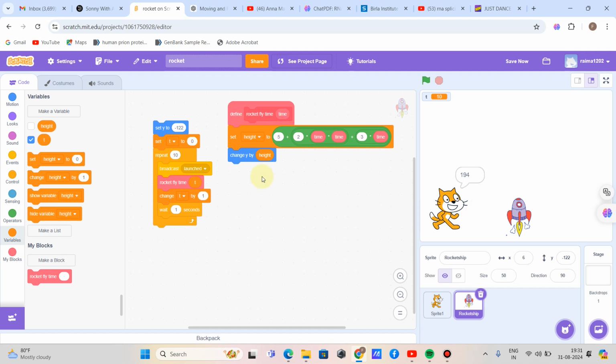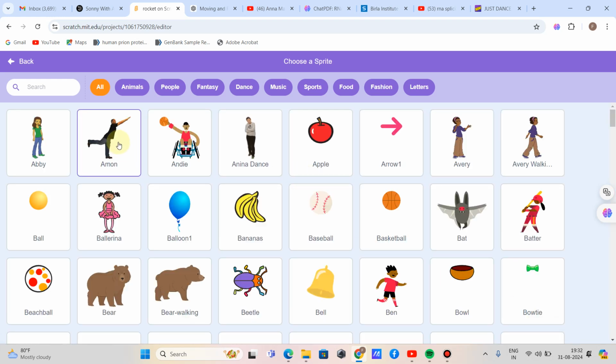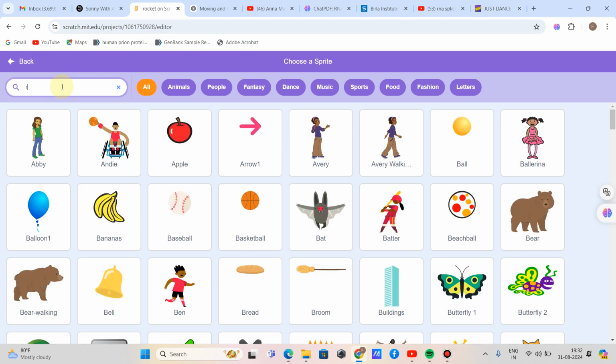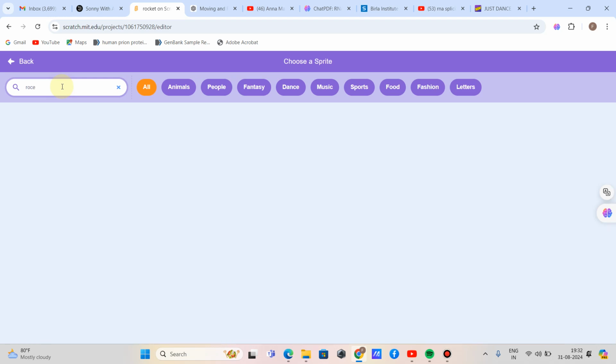First, this is the piece of code I have made for the rocket ship sprite. You can click on choose a sprite to select your rocket sprite here. I searched for rocket and here I found the rocket ship.